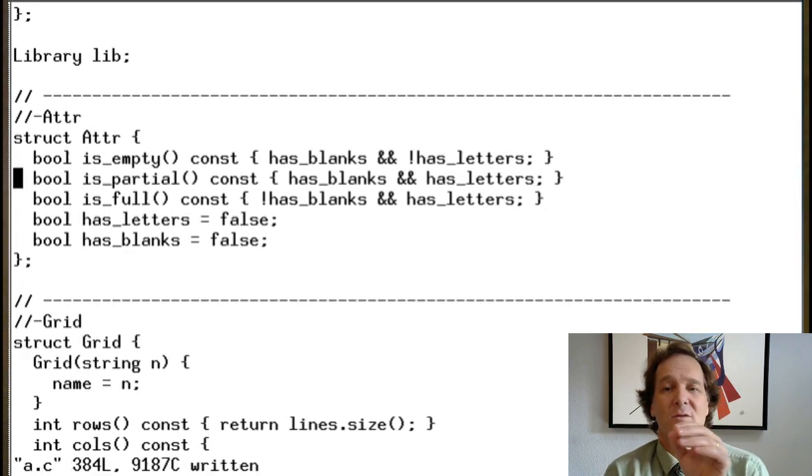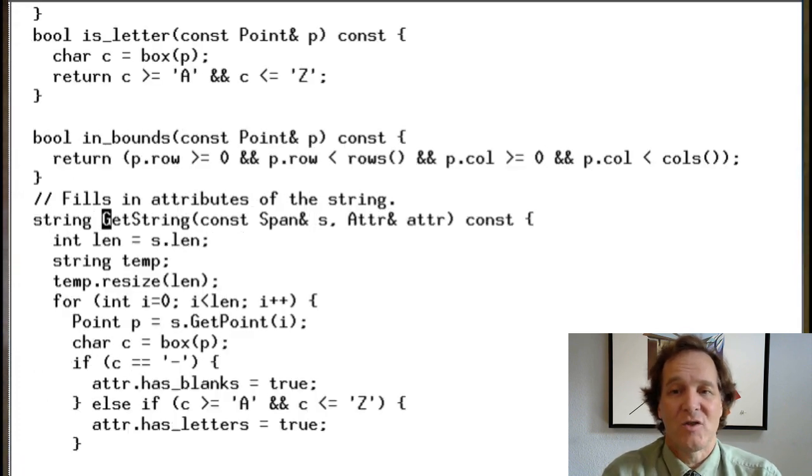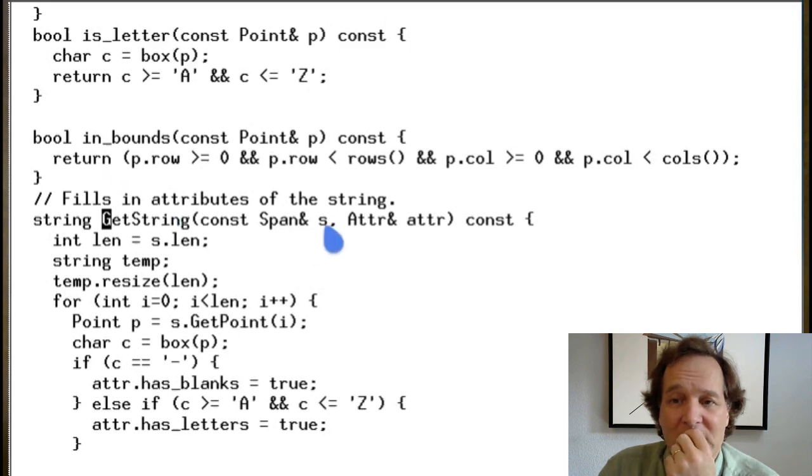So look at those and see if those look right. Empty is that's all blank. Partial is it's got blanks and letters mixed. And then full is that it has only letters. Okay, so now let's go to where we use getString, because we've added, remember we changed the code now to